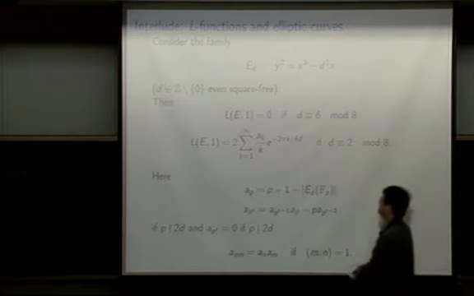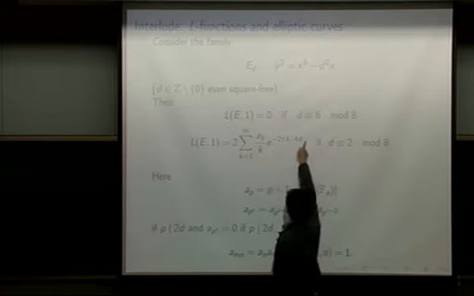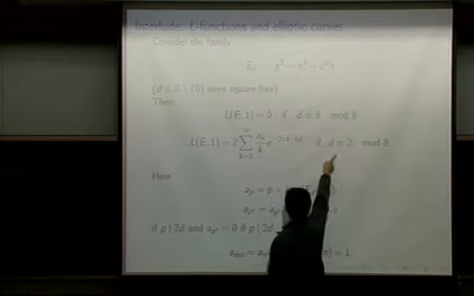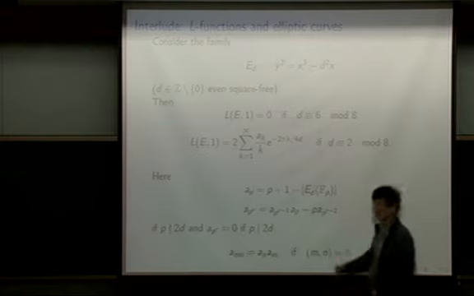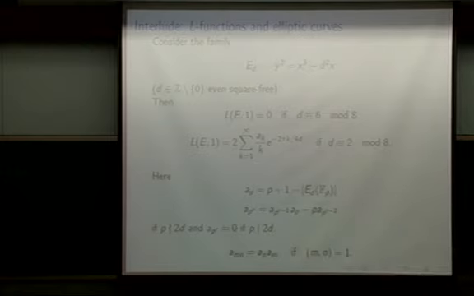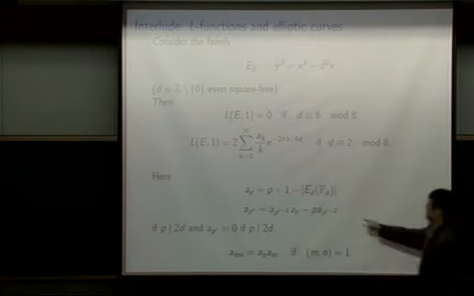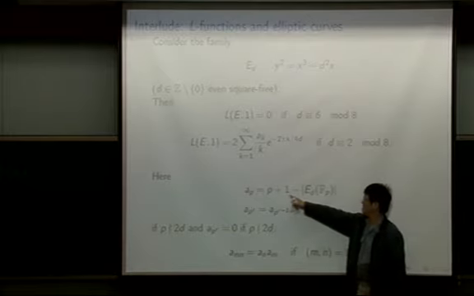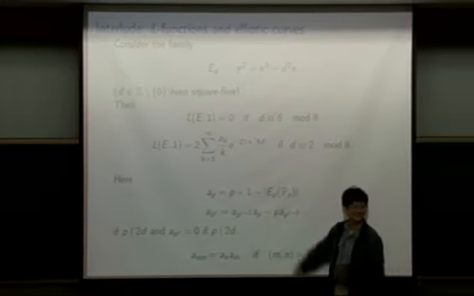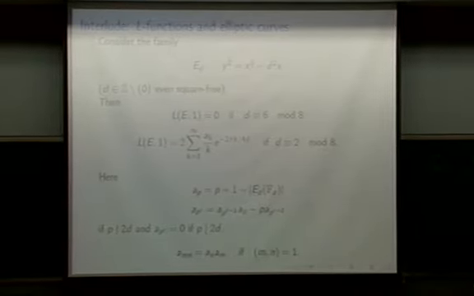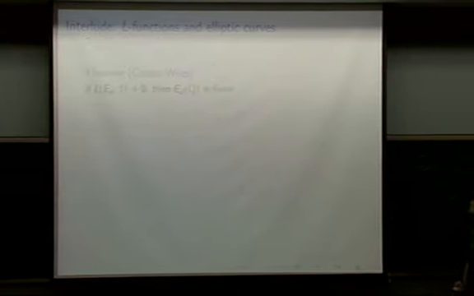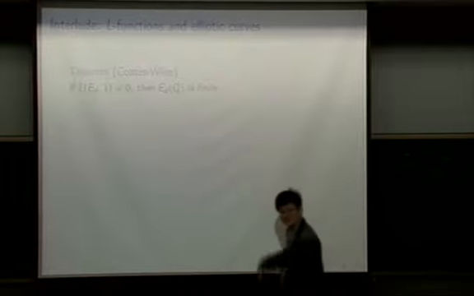But what happens is that if you look at this value, for d congruent to 6 mod 8, the value is always 0. For the other values of d, this may be 0 or not, and so this can vary. It depends, because if you look at a_p, this could in principle be negative or positive. So one varies: this is sometimes 0 and sometimes not. And that's somehow a key issue in analyzing this equation. And there's a great theorem of Coates–Wiles that looks like this.